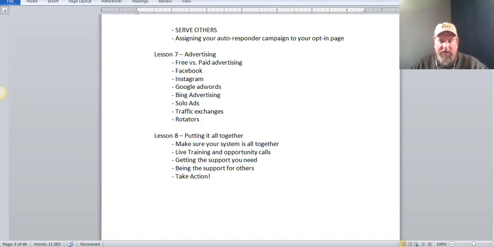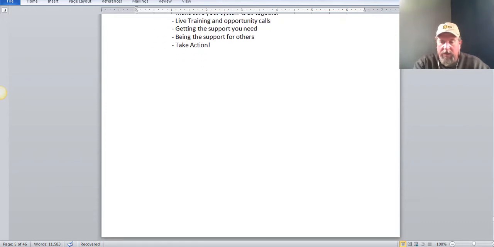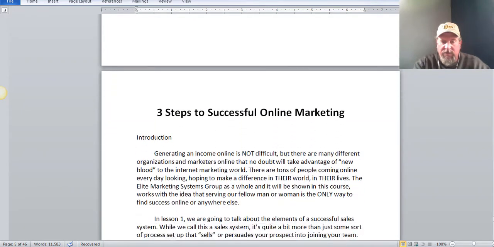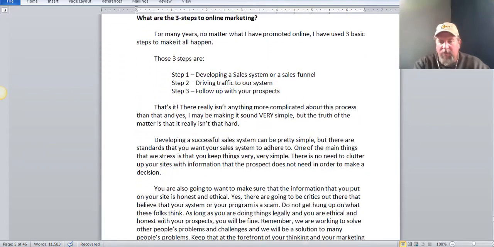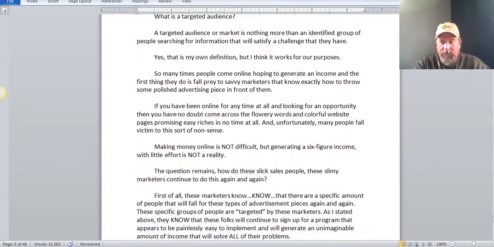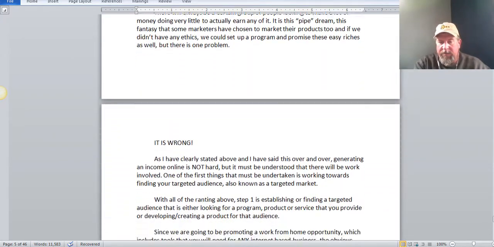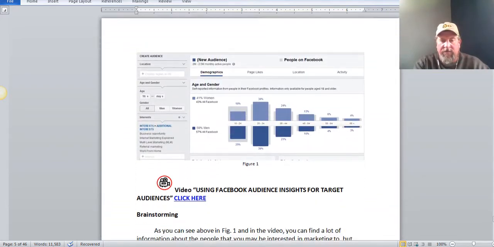And that's really, I've titled it advertising, but it really should be titled traffic generation, which I'll probably change. But anyway, we go through the whole gamut of everything you're going to need to know, all the skills you need to have to be able to generate income online. Generating income online is, for a newbie, my most important mission, to really teach you the ins and outs of how to do all this.